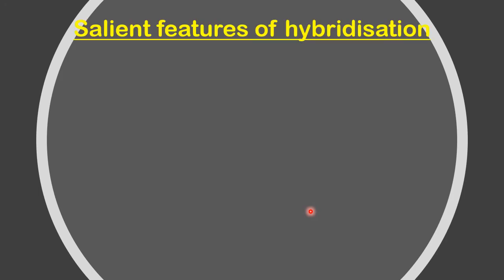Hello, once again, I welcome you all for the hybridization topic, which is very important, which is given by Linus Pauling's valence bond theory. In our previous class, we learnt about the conditions for hybridization. Now, today, we will go through the salient features of hybridization. So, once again, I welcome you all for the small topic, hybridization part second. In the second part of hybridization, we learn once again the salient features of hybridization.